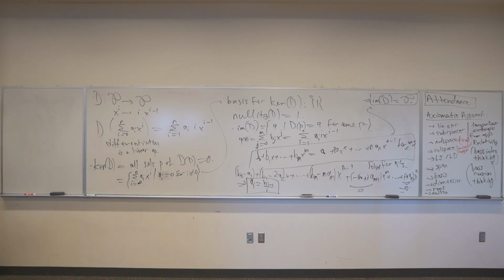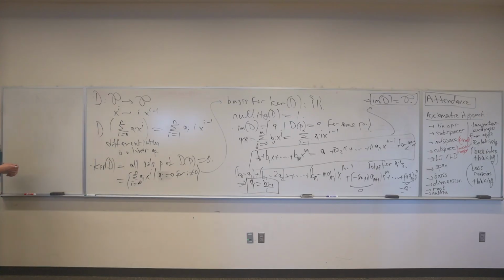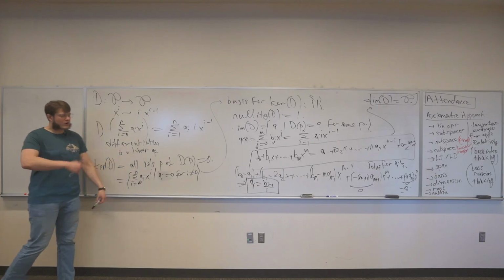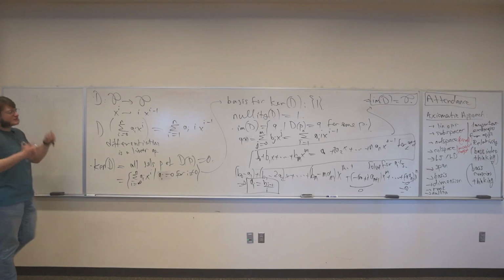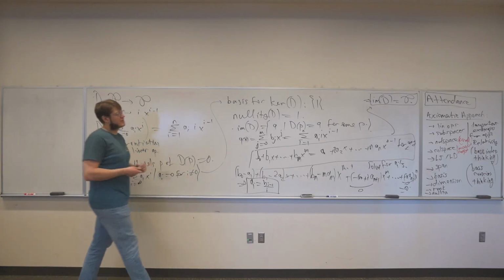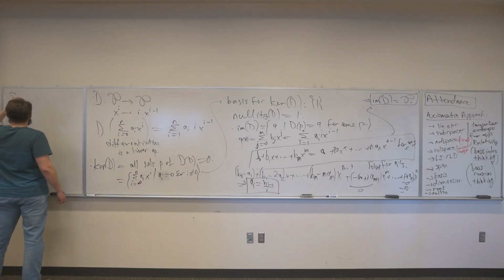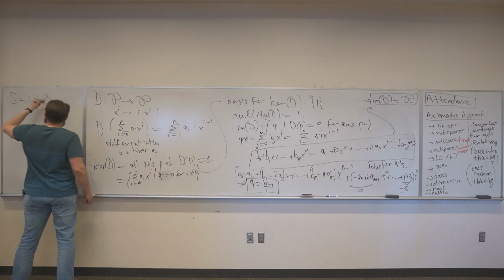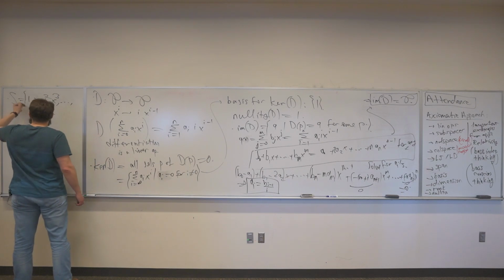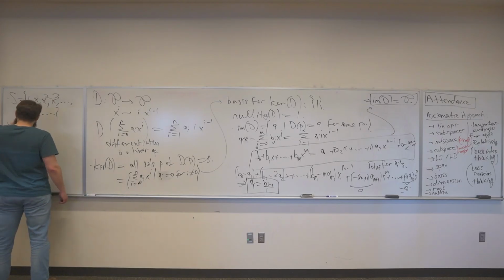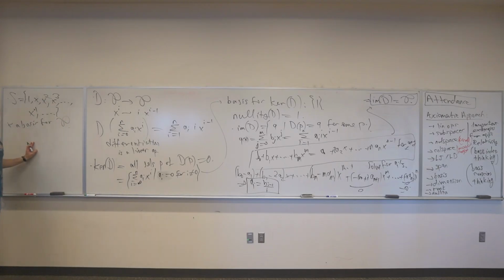But of course, thinking about the shape of a general polynomial, you could say, well, if you were to take all of these monomials, 1, x, x squared, x cubed, whatever, put them all in one set. Now it's an infinite set, but it's a set of polynomials. That would be a basis for P. So let's try to write that down. So S, which is 1, x, x squared, x cubed, dot, dot, dot, x^n, dot, dot, dot. This infinite set is a basis for the set of polynomials.